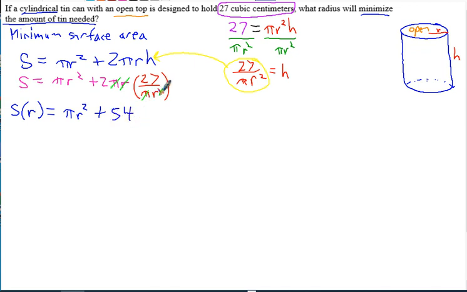So this is r to the first. When you move it up, instead of 54 over r, that's the same as 54 r to the negative 1. That way we don't have to use the quotient rule, we can just use the power rule, which is a little more efficient here. So now, since this is what we're trying to minimize, now it's in terms of one variable. So now, again, the key concept here, whatever you're trying to maximize or minimize, that's the equation you take the derivative of. So when you take the derivative of this one,